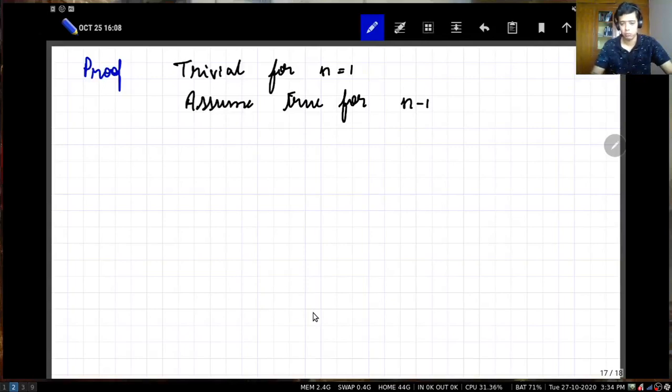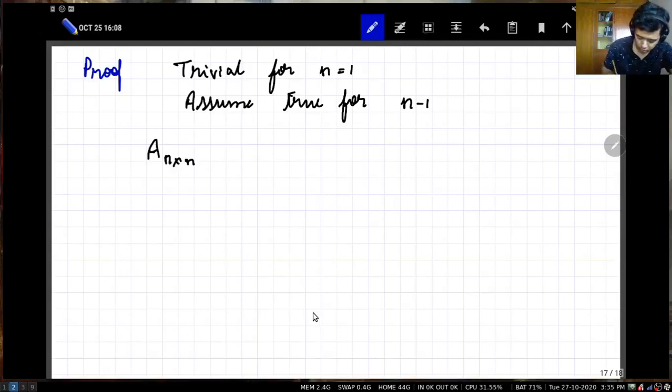So basically you can find a fan basis for all linear transformations, all i by i matrices A. Now consider any square matrix A, n by n. We want to somehow reduce this to an n minus 1 by n minus 1 matrix so that we can use the induction step. And to do that,